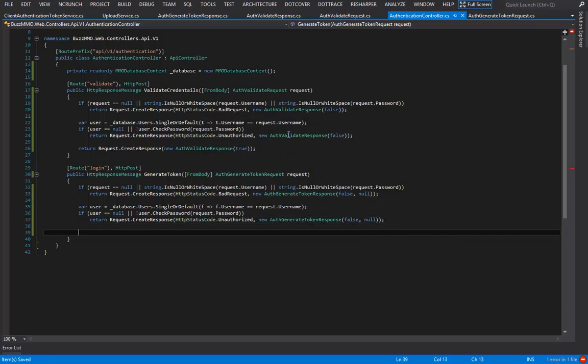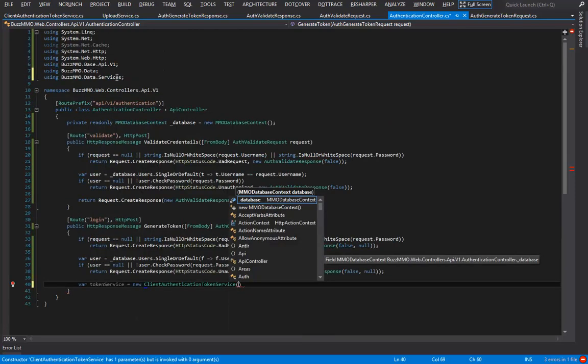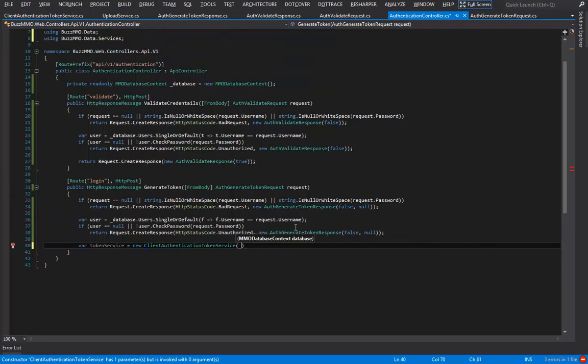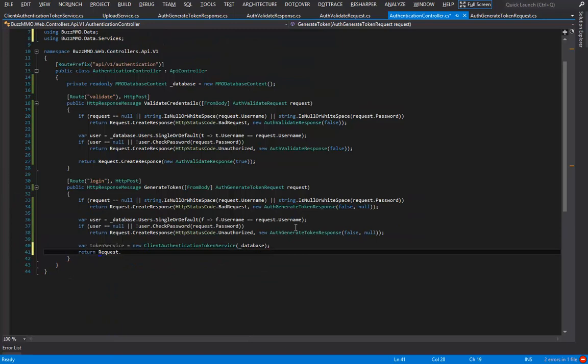After we've done that, we'll want to go ahead and instantiate our token service and then return the generated token back to the user. So I'm going to say var tokenService equals new ClientAuthenticationTokenService, which of course will bring in a using statement for my services namespace up here. And then it has one parameter for its constructor for database. Then I'm going to say return request.CreateResponse, and then I'm going to pass in new AuthGenerate